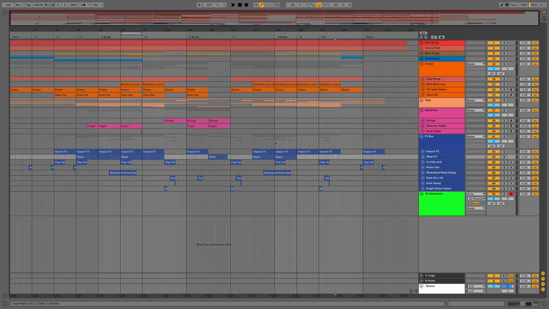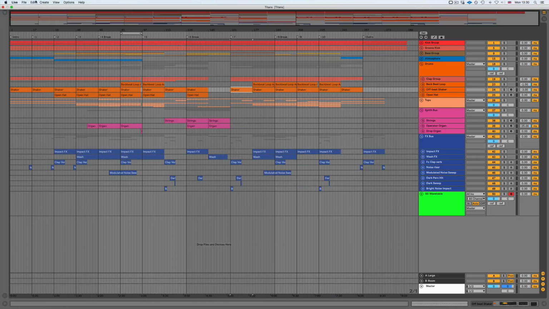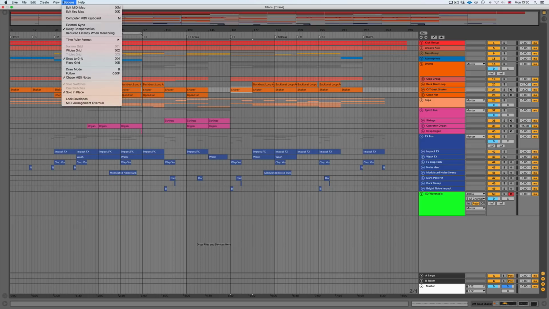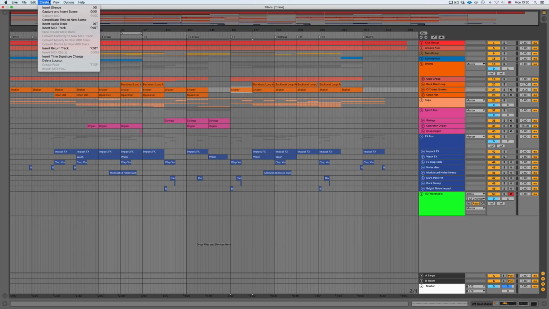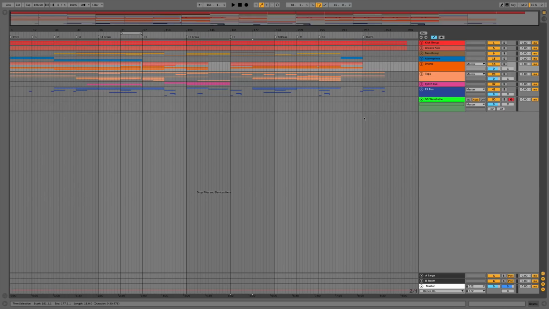In terms of navigation, both projects are pretty simple to navigate their way around. There's plenty of draggable or clickable areas depending on where the mouse is hovering. You've also got your right click context menus, as well as the menus across the top. So there's many different ways of accessing the same sort of menus, and as well as that, you've also got keyboard shortcuts for all sorts of different tasks, such as zooming in, zooming out, accessing your automation, and opening up a whole host of different menus.